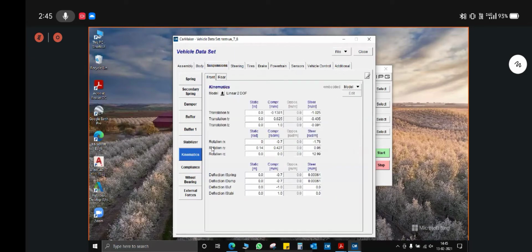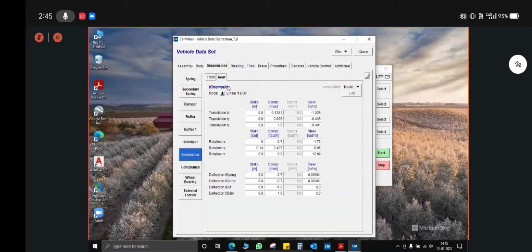And coming towards the kinematics part, you can see three different files here: linear 2DOF, 3DOF, and SKC file. But this year the teams have to only define the linear 2 or 3DOF model in the front, and linear 1, 2, or 3DOF model in the rear.